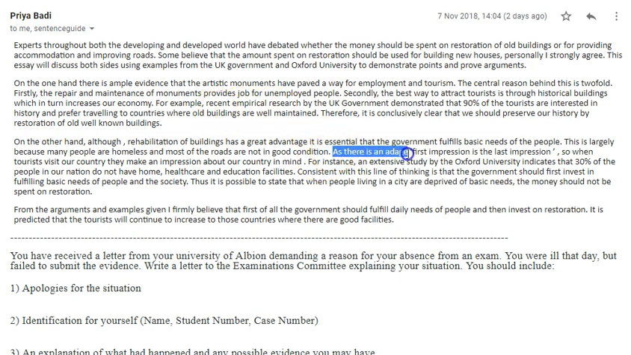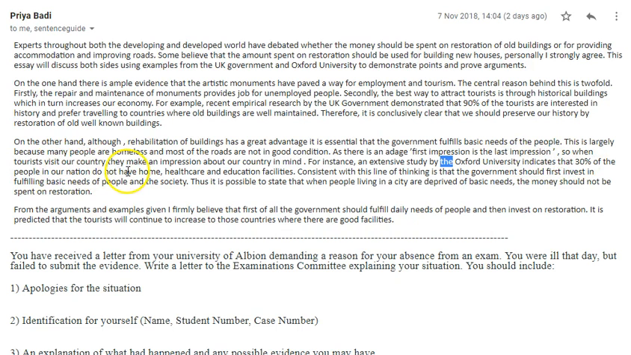So I would slightly change the beginning of this sentence, and say in replacement of this, according to. So as the famous phrase states, the first impression is the last impression. So slightly changing that structure. Good, so when tourists visit our country, they make an impression, so here, about from the homelessness and quality of the roads. For instance, an extensive study by Oxford University, so NOTHA, indicates that 30% of the people in our